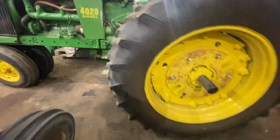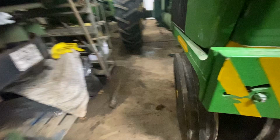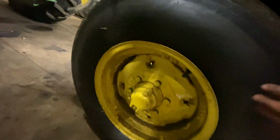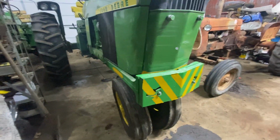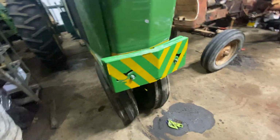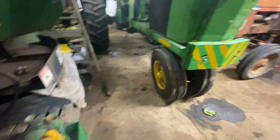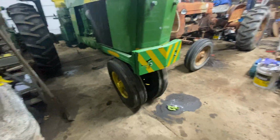Favorite tire out there. And it's got a set of mismatched 750 16s on the front, which I'm probably going to try to find a match for. It's an Ag Grip. I believe they're still in business. That way I've got the same tire up front. Bill is also very known for this stuff. I actually specified when I got the tractor that I wanted that left on there because that's just how we